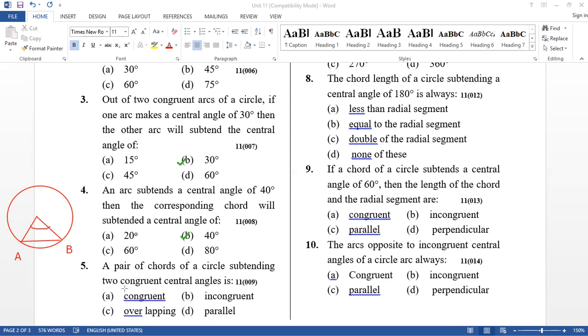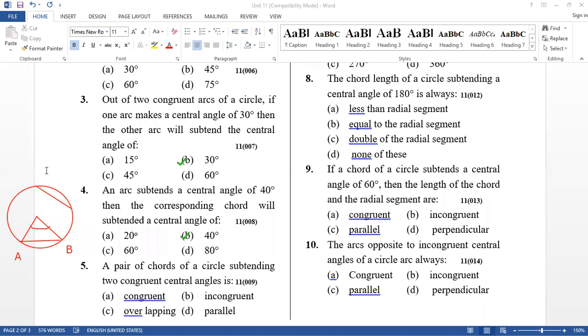If we move ahead, a pair of chords of a circle subtending two congruent central angles is related to theorems number 3 and 4: if we have a pair of chords making two equal central angles. So if you look at this diagram, if I extend it further like we have just made before, we claim that